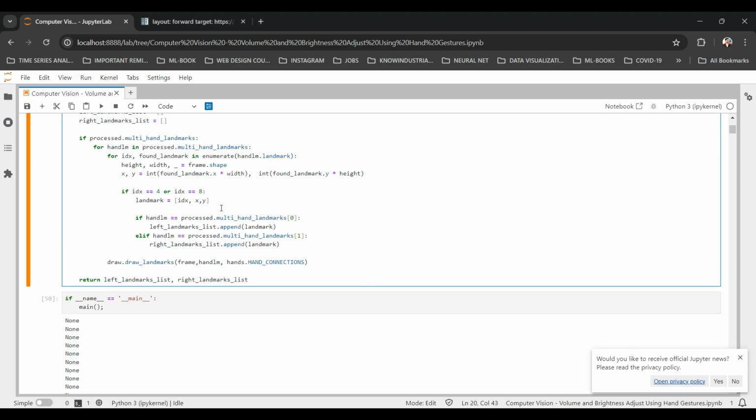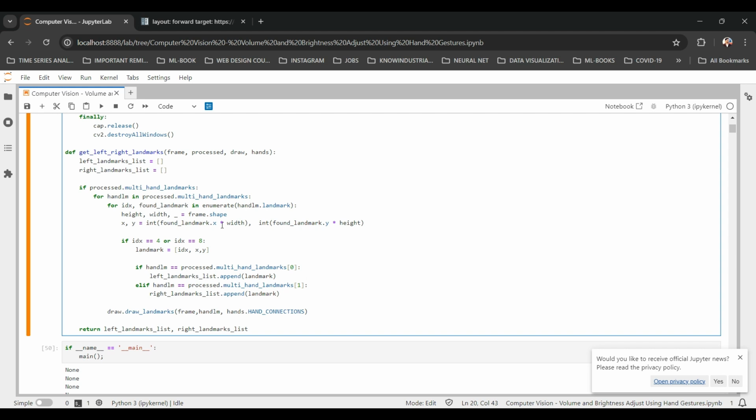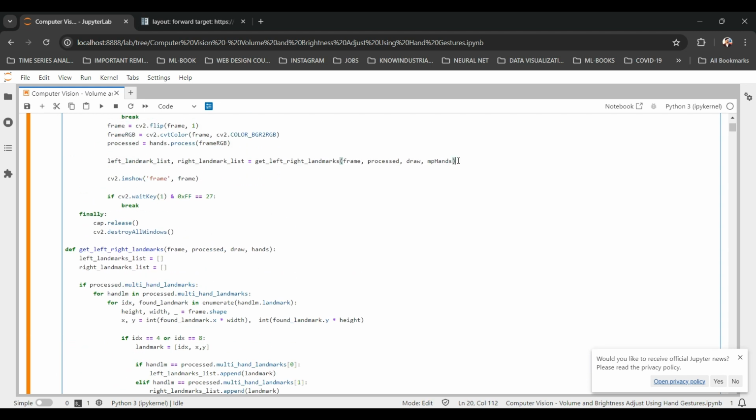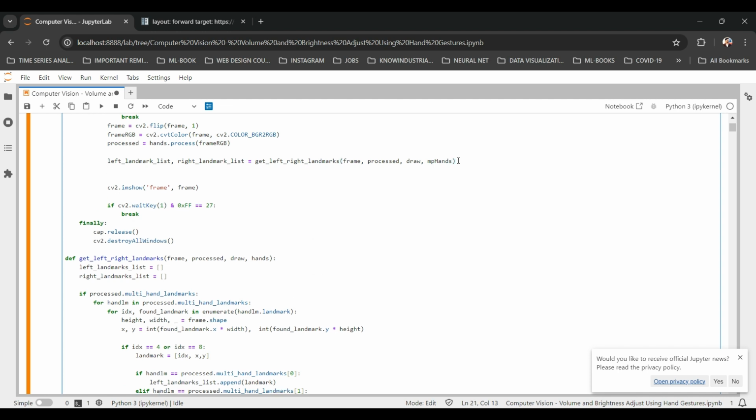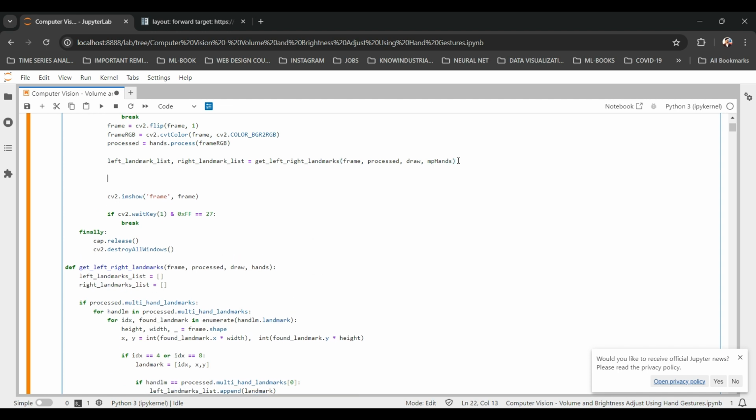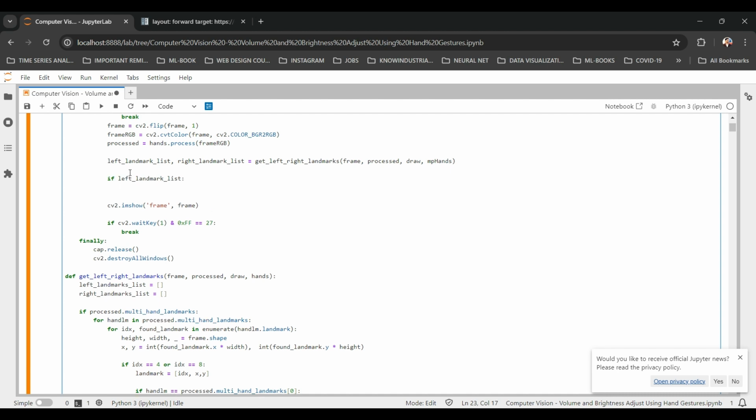So now, since we have got the left landmarks and the right landmarks, let us get that distance using these landmarks. Since we have gotten these separate landmarks, we'll say if left landmarks. What did we want to do if it was the left hand? We need to increase the brightness, right? So we will get the distance for thumb and index for the left hand. We'll say left distance is equal to